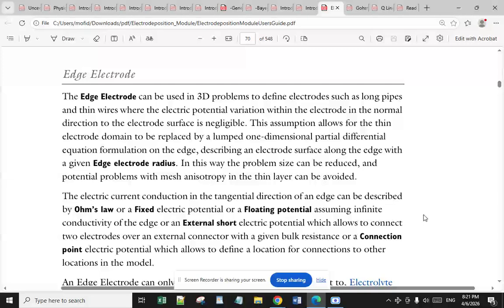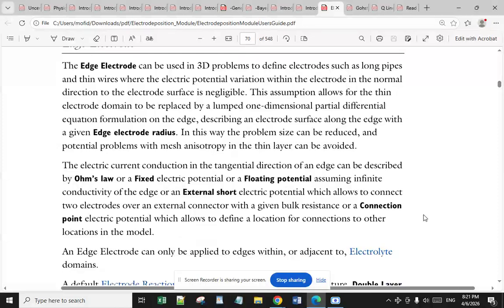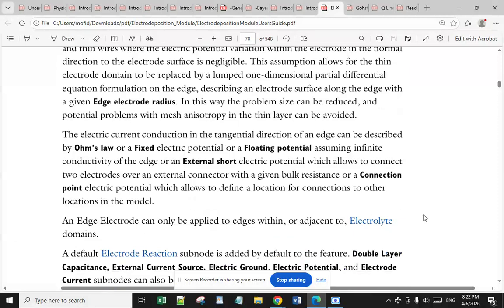Now I want to go to the edge electrode. The edge electrode can be used in two-dimensional problems to define electrodes such as long pipes and thin wires where the electric potential variation between the electrode in the normal direction to the electrode surface is negligible. This assumption allows for the thin electrode domain to be replaced by a lumped one-dimensional partial differential equation formulation on the edge,